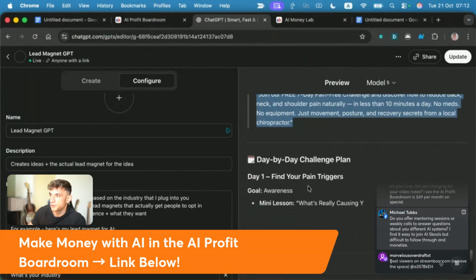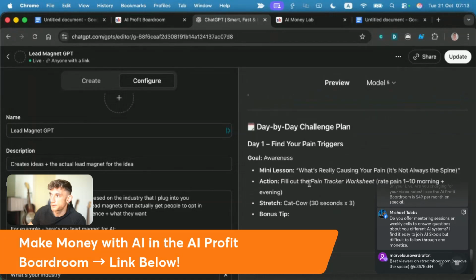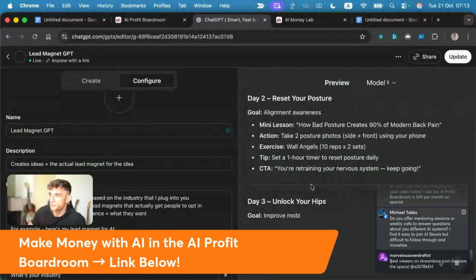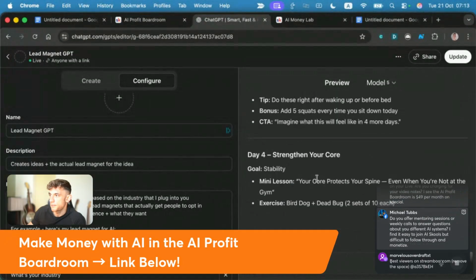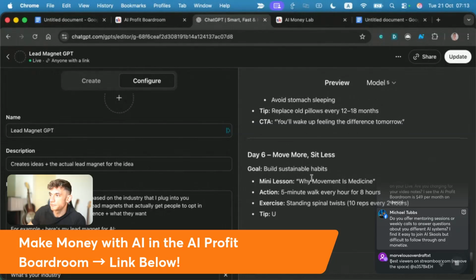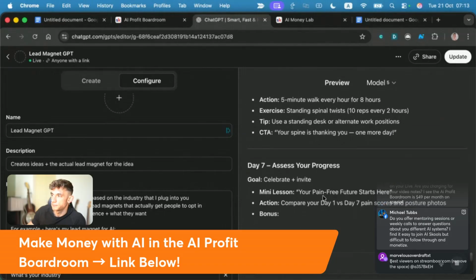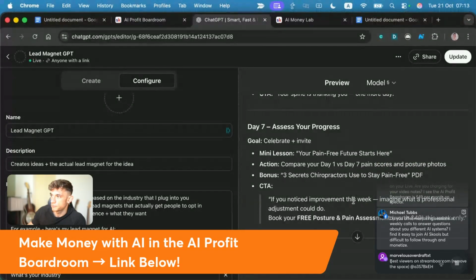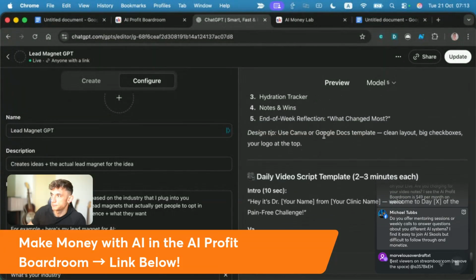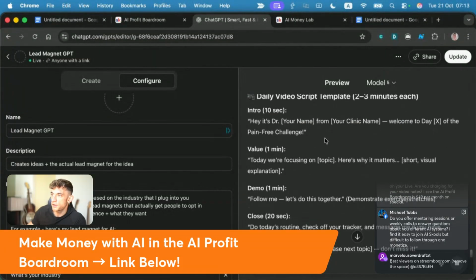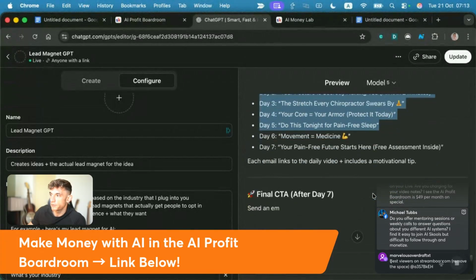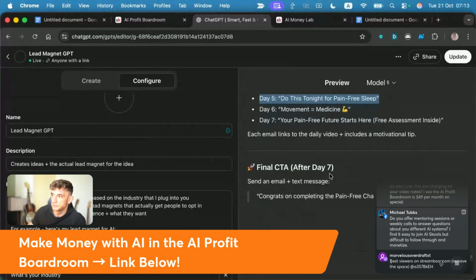Position and hook. Okay, so it's laying out the guide here. And then it actually creates the scripts that you can follow or automate with AI. It's got the 7-day follow-up series and then the final CTA.